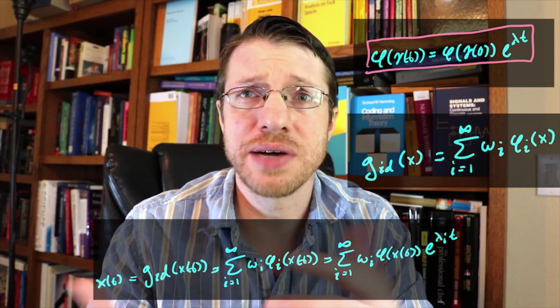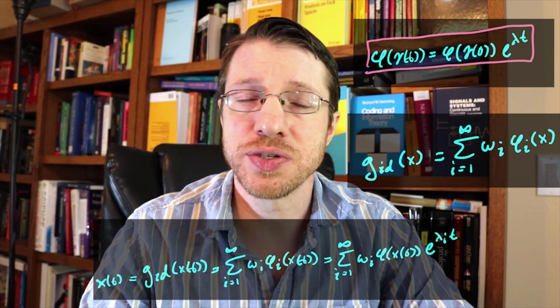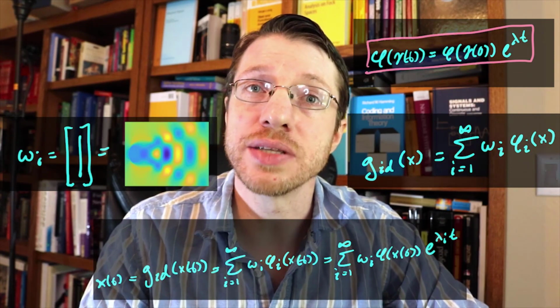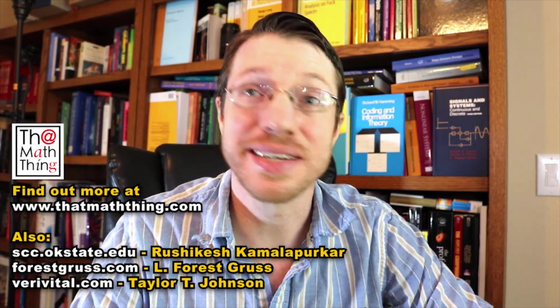What I described really just sounds like a whole bunch of one-dimensional stuff. You just do the same process for each dimension, and then you stack them together, and it turns out that the weights are now vector valued, and these are what we call Liouville modes. And so that's how you do dynamic mode decomposition with occupation kernels and Liouville operators. So thanks for watching, and I'll see you next time.